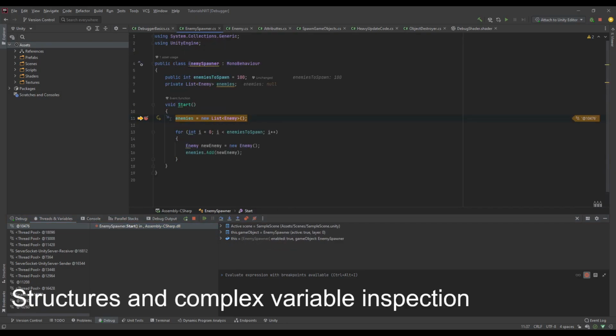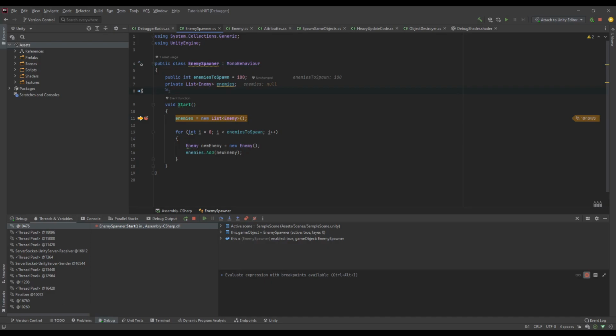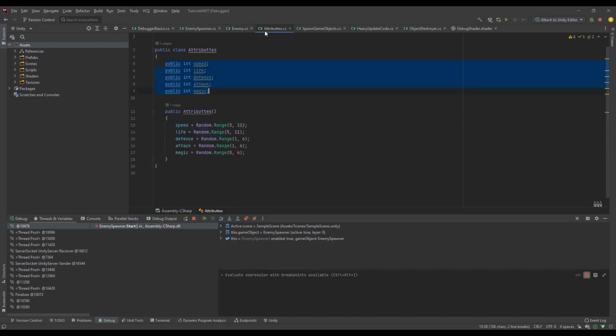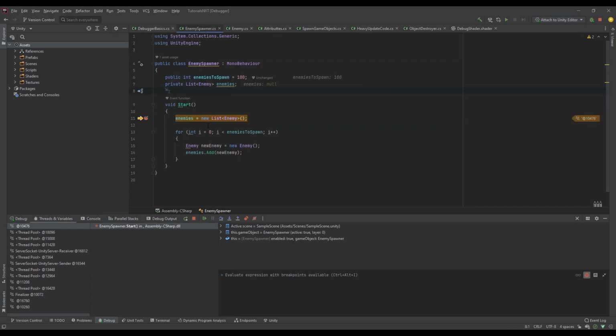Here I have prepared another example with another MonoBehaviour class that is basically spawning some enemies and adding them to a list. The enemy class has some private variables and I'm just assigning them some values in the constructor, and it also has another custom class with some more attributes that is also not a MonoBehaviour class. So as we are going to see, the debugger can see any variable and any piece of code, and it doesn't depend on whether it's a MonoBehaviour or